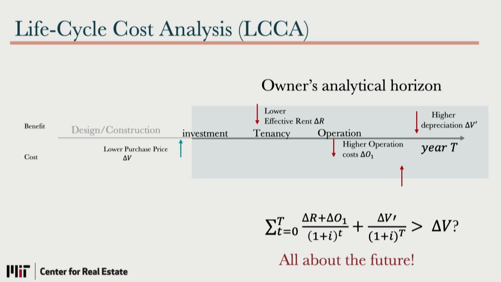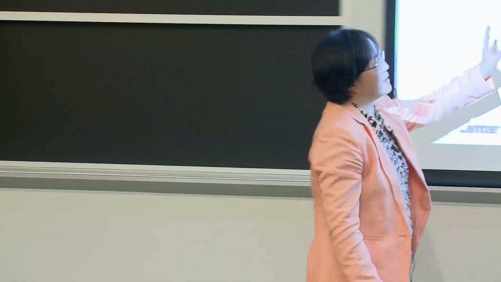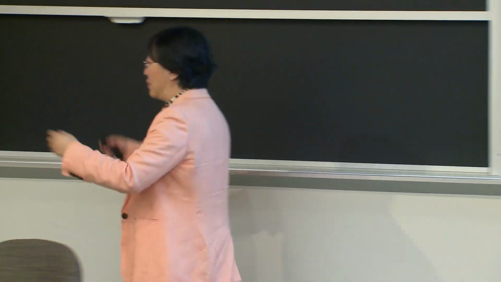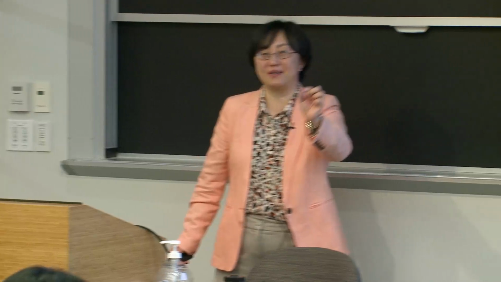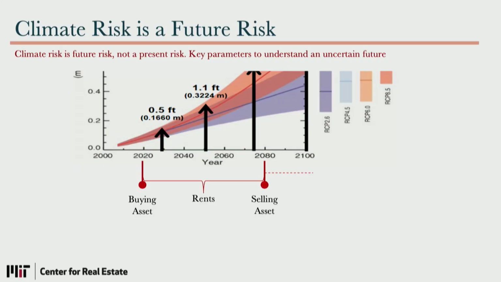Because real estate is a long-term thing. It's not like one day, it's a long-term thing, with a holding period of many, many years. So we all understand the analysis is about the future. When we talk about climate risk, it's always about future things, that is, this discount rate. Just now, Juan mentioned that it's so important whether you choose 2.6%, or 3%, or 5%. Totally different. It will yield different NPVs, right? So that's the point of this discount rate, so important.